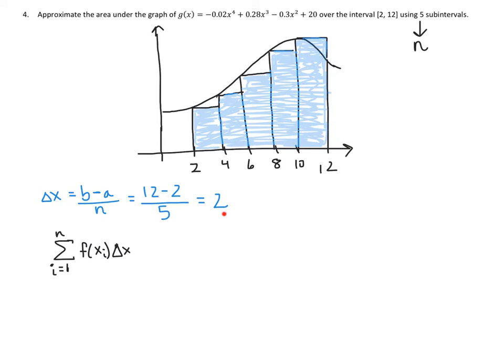The width of each rectangle in this case is 2. So this gives us the width of each rectangle, whereas our function value at each of these x sub i's is going to give us the height of each rectangle. And then we're going to sum all those up. So we're going to have 5 terms here in our summation, where each term represents the area of each of the 5 rectangles. Now this is kind of the general formula that we use for summation notation to calculate the